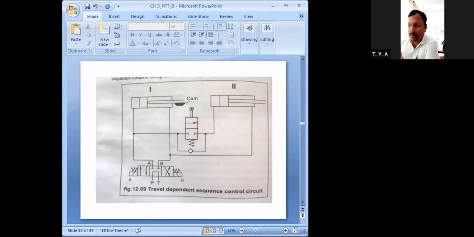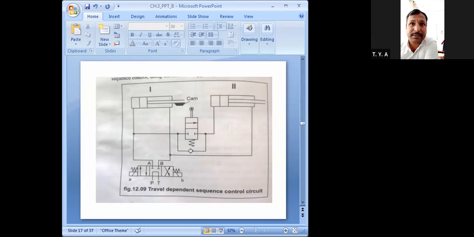See, our fluid is going to come from the pump, from this P port. Suppose when this direction control valve takes position number 1, that means this one. Please see my cursor. At that time, the P port will connect to this A. That means fluid will come from this line towards this, and the fluid will go from this port into the cap end of your cylinder, and your extension stroke will start.